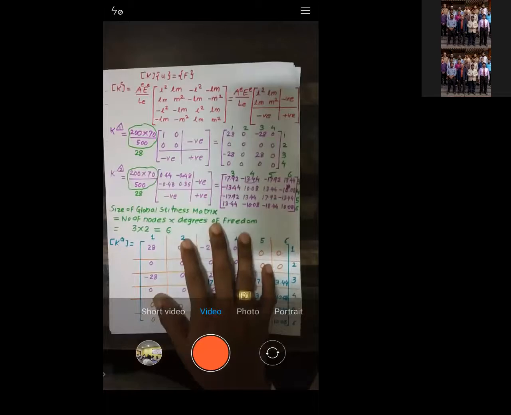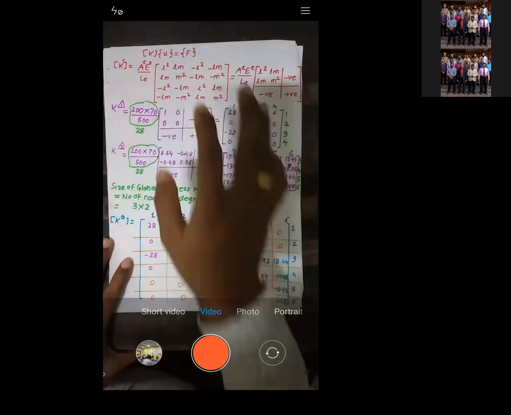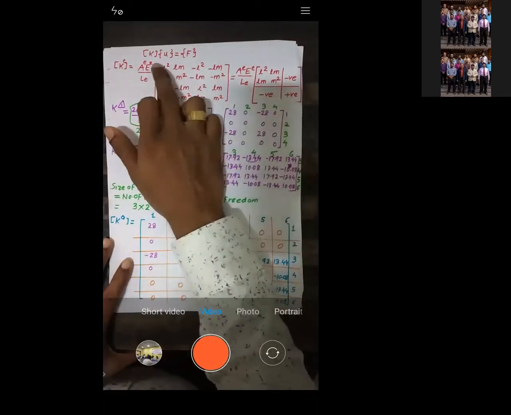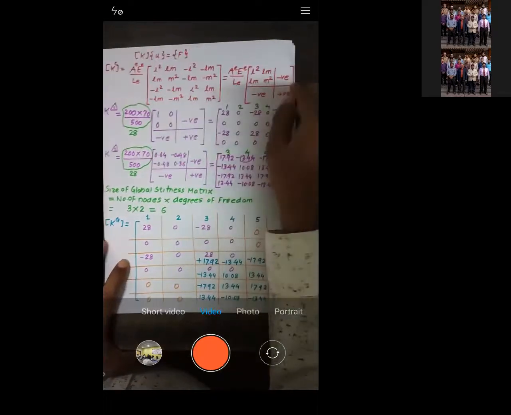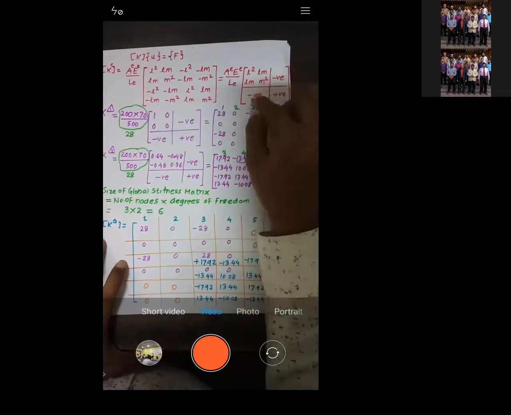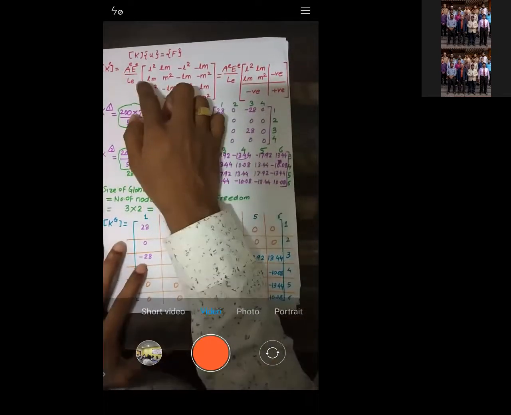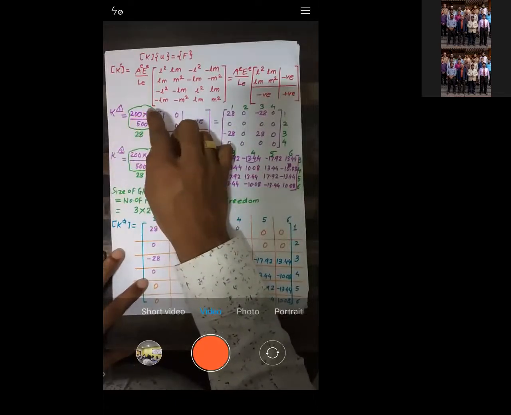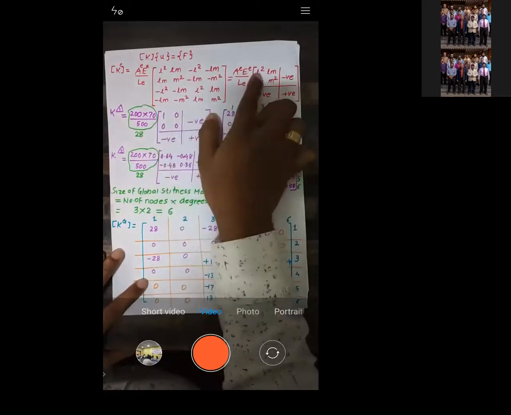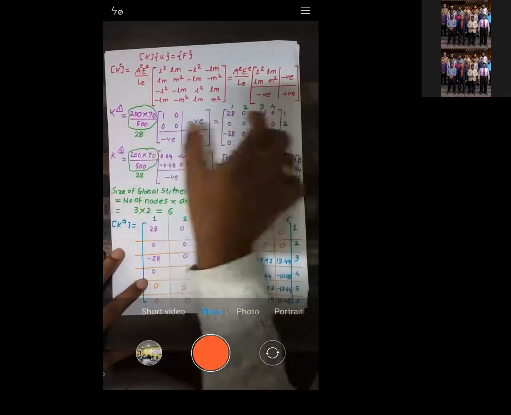Now, in order to start with the formula, we should know what the element stiffness matrix is. The problem belongs to truss, so the element stiffness matrix is given by AE by L times this matrix, right? You can see the same terms here, but with a negative sign, and here the sign is positive. Now let us calculate the element stiffness matrix of element number 1: area of element 1, E of element 1, upon length of element 1, into L square, LM, LM, and M square of element number 1. So we have got this matrix.